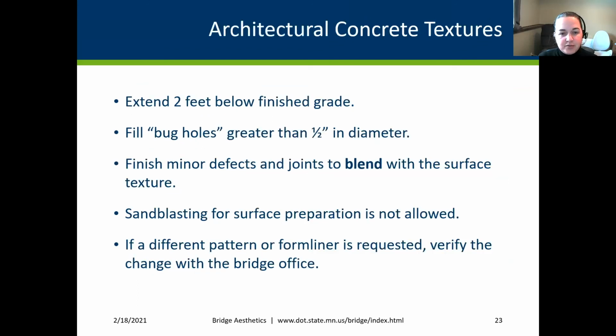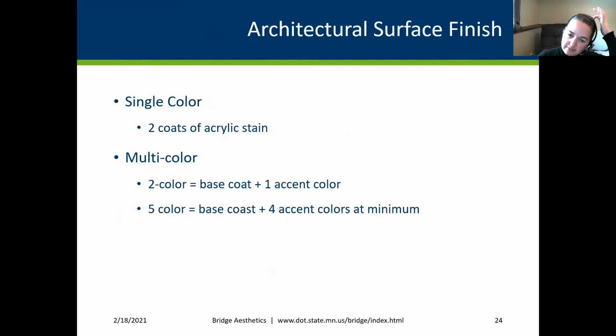So all of these textures, we designed to have them below grade because everything shifts. We know everything shifts. We also kind of have the bug holes in our concrete. We want to make sure that those get filled, that everything gets blended, so that we can have that look of like that Highway 61 bridge where you really just can't tell that you're dealing with concrete. So all of our specs kind of call out these types of things, parameters, I guess, so that it can look like real stone.